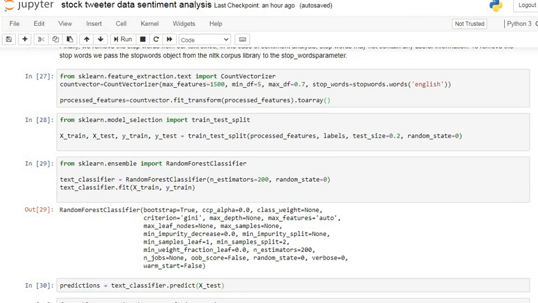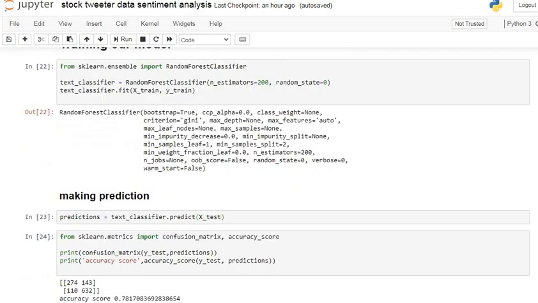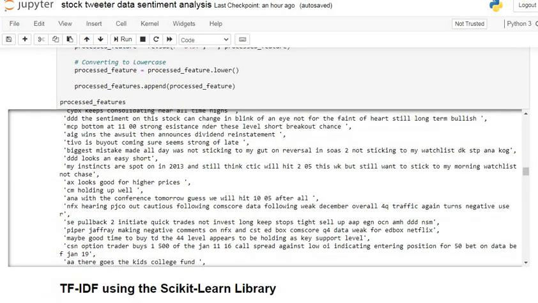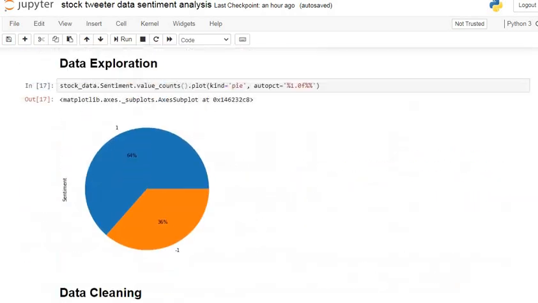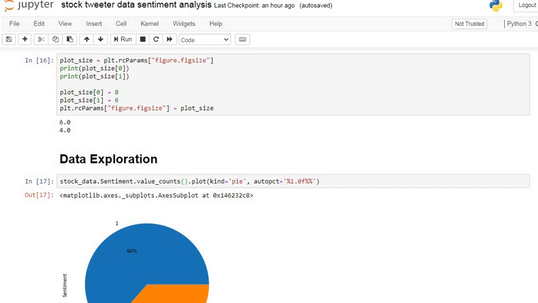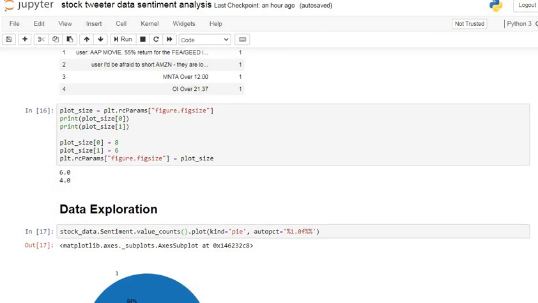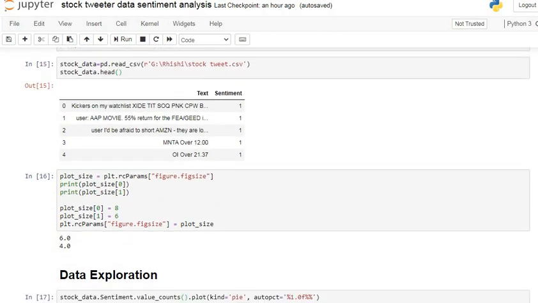You can choose any machine learning algorithm for classification of the sentiments. After this model, you just have to pass these tweets through our model and see whether our output is 1 or not, whether our sentiment is 1 or not.